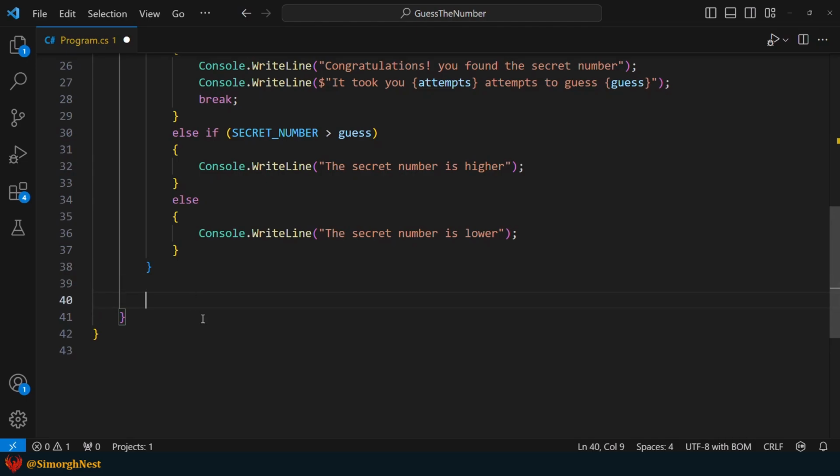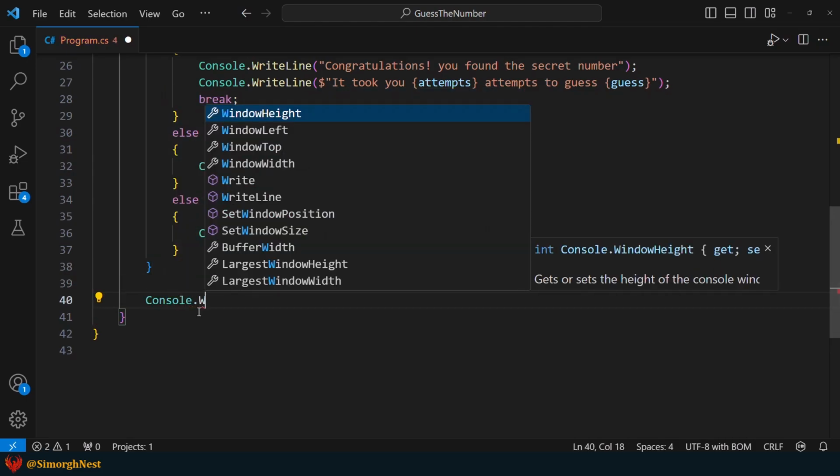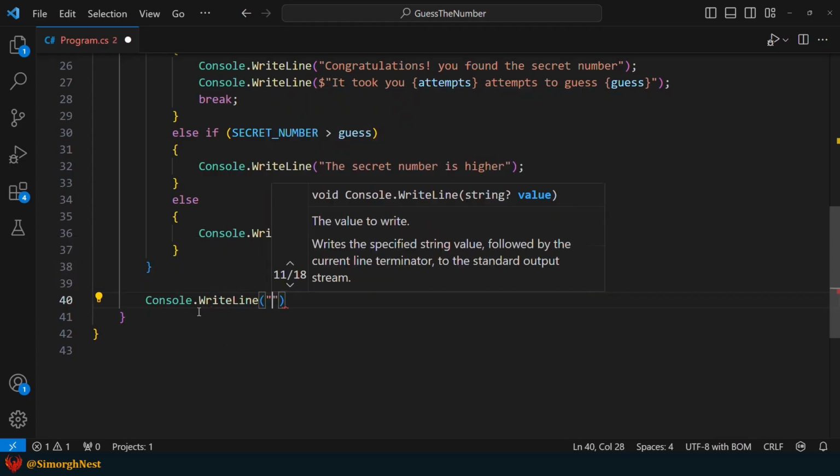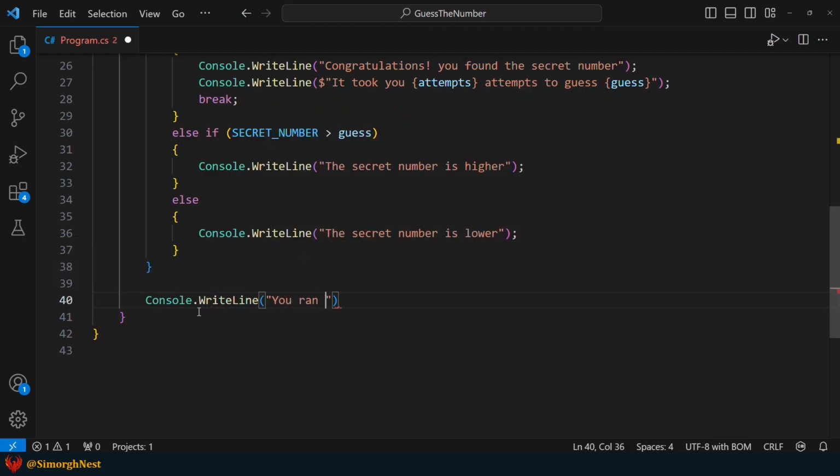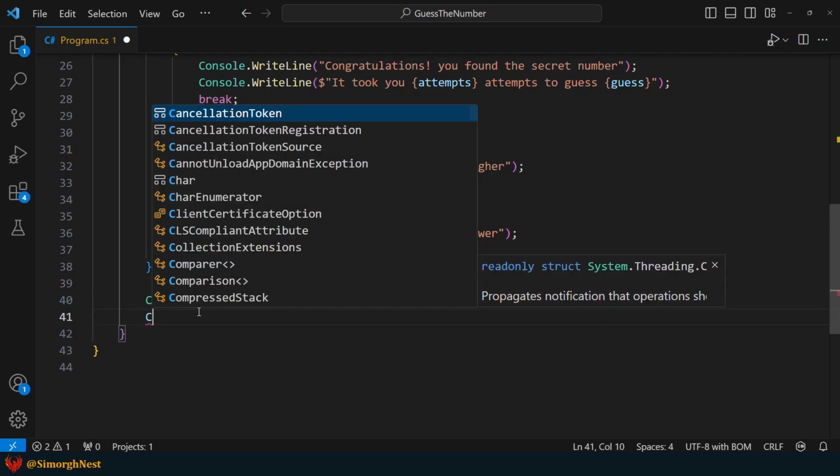Additionally, after the while loop, let's show a message informing the user that they have run out of attempts. Also, let's display the secret number.